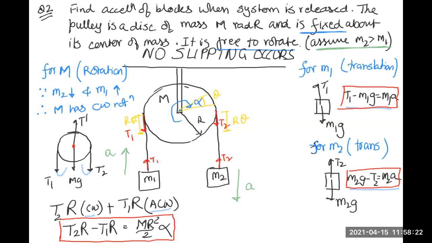Right? What does this mean? Simply means that the relative motion between the string and the pulley is zero. After all, that is what it means. No slipping. When you are walking on the road, you are not slipping. So when you put your shoes on the ground, when you put your feet on the ground, right?